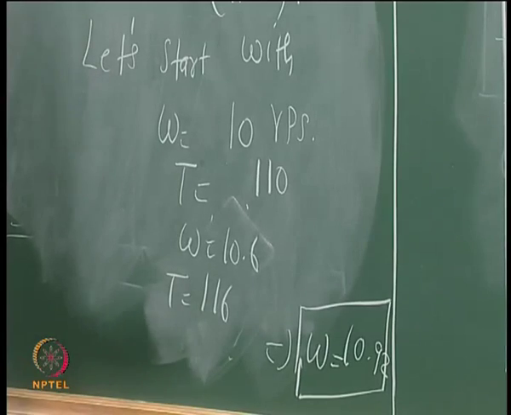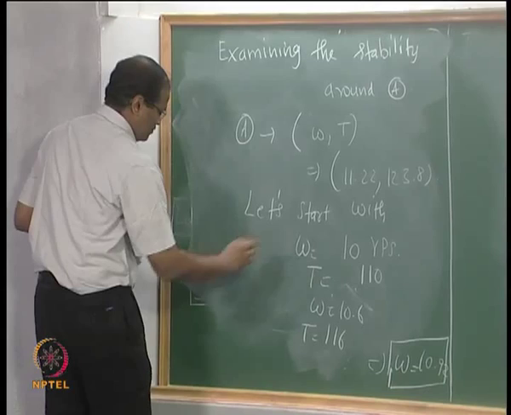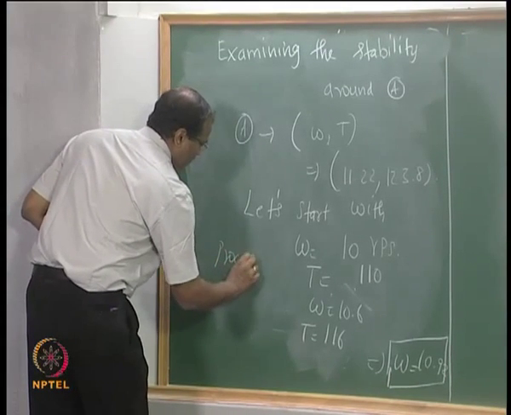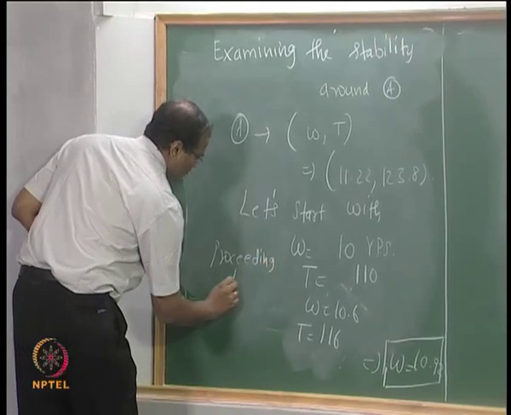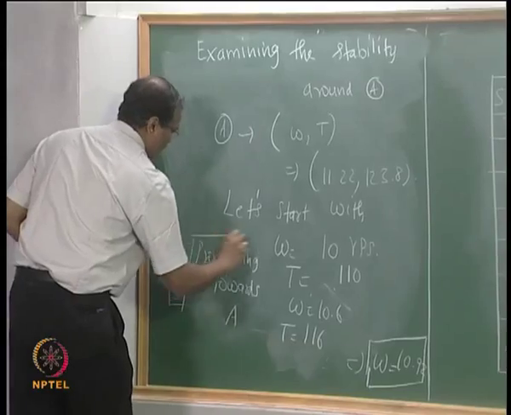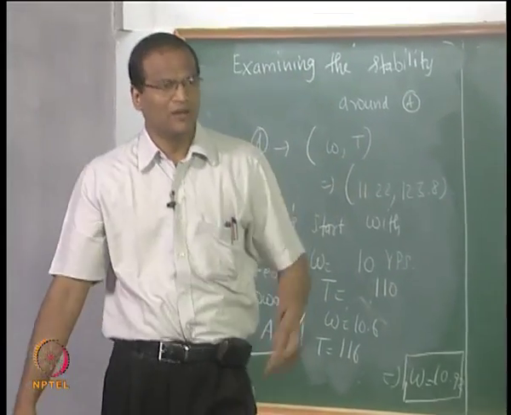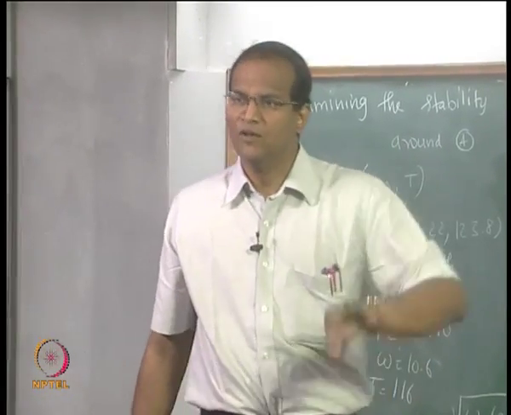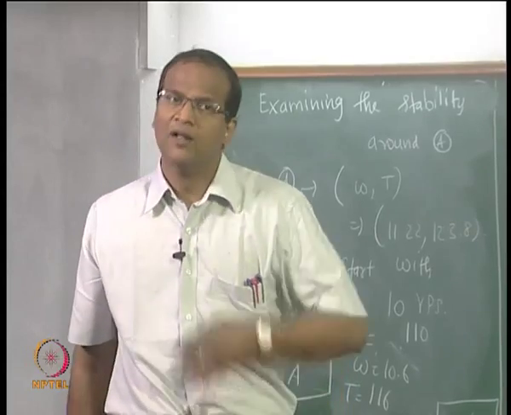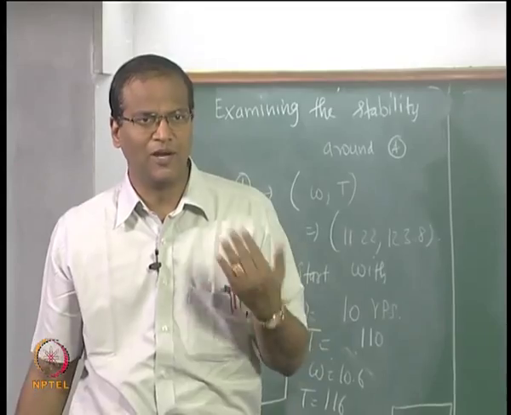So we will just suffice it to say that it is proceeding towards A. Since we got the solution by starting from 40 and you hit the right solution 11.22, when you start from 10 also it is proceeding towards A, therefore it is a stable operating point. So you can go back to your hostel rooms and also investigate the stability at operating point B.